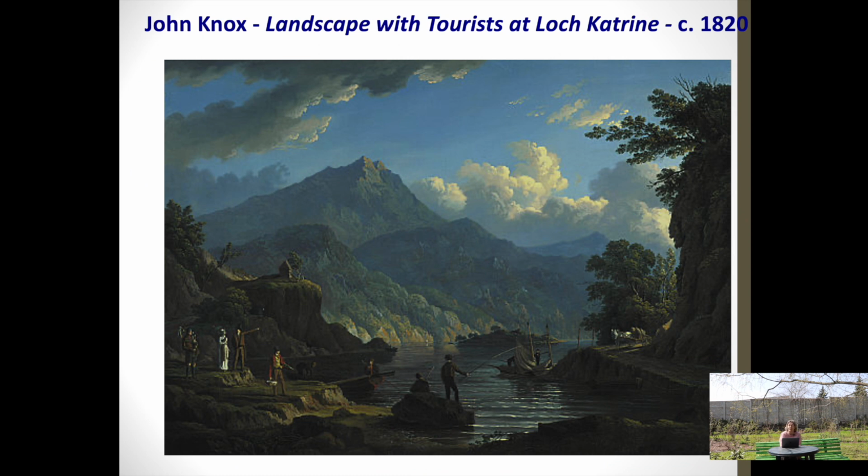I mentioned that people in the early 19th century visited Scotland to see the locations of the novels of Sir Walter Scott, and the lake called Loch Katrine was one of such places. So here we have a small group of very small human figures who are described as tourists, and we can assume that these are the tourists who come to see the literary locations associated with the historical novels